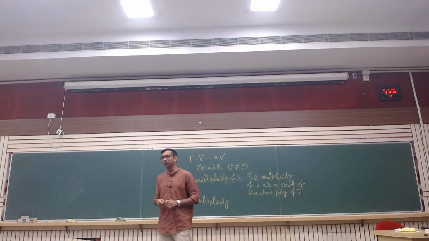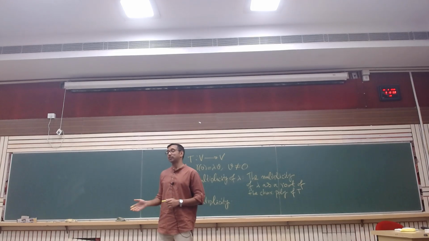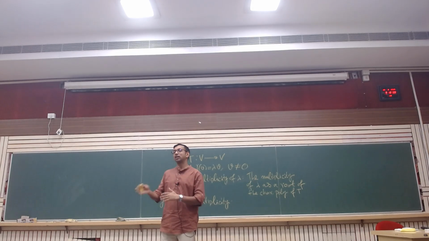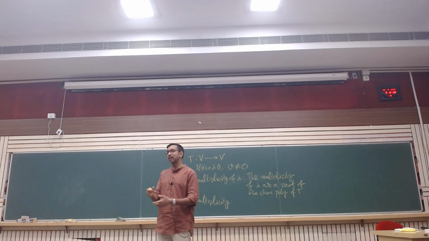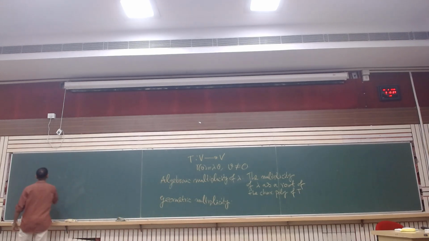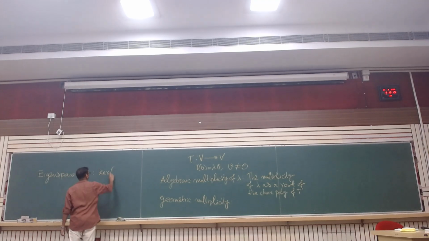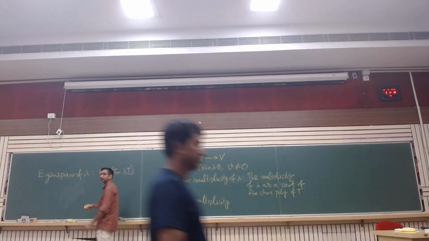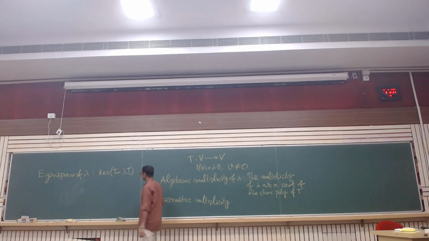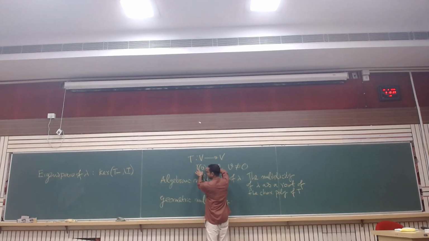You are going quite in the right direction. Not unique eigenvalues, but the number of eigenvectors which are linearly independent corresponding to the same eigenvalue. Okay. So we define at first the eigenspace of lambda as the kernel of T minus lambda I, where I is the identity operator. That is, if you apply T minus lambda I on this eigenvector V,